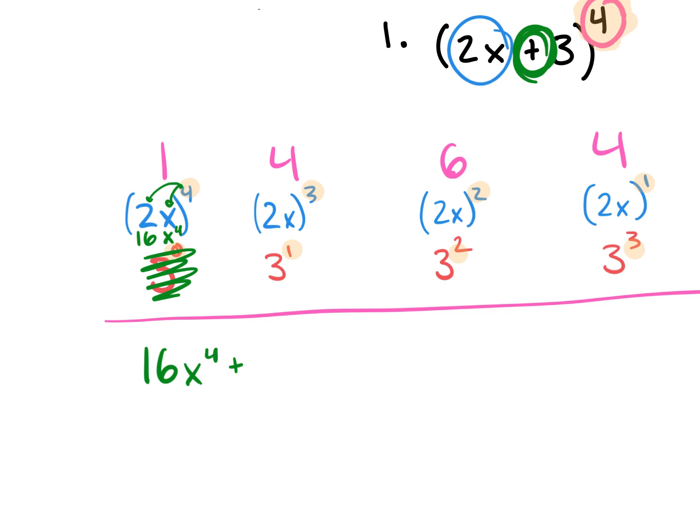So let's move on to the next one. What's 2 to the 3rd power? 8. So 8x to the 3rd power. Well, we have 4 times 8 times 3. What's 4 times 8? And 32 times 3? 96. So 96 what? X cubed. Perfect. Plus